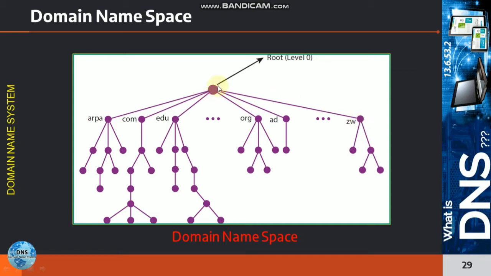Here this is root level 0, this is level 1, this is level 2, level 3, 4, 5, 6. Like that you can go on adding child nodes from the parent node. If this is a child node, then for this child node this is the parent node. So this will act as a child node for this parent node. This is called hierarchy, and hierarchy always follows a tree-like structure.